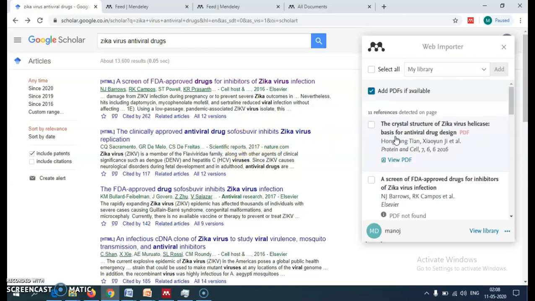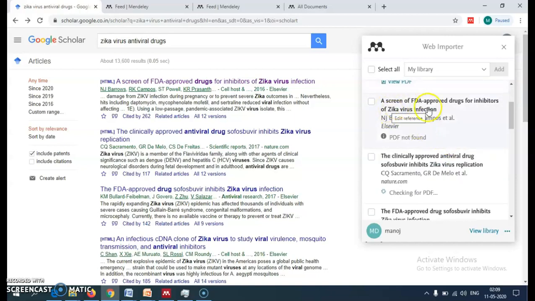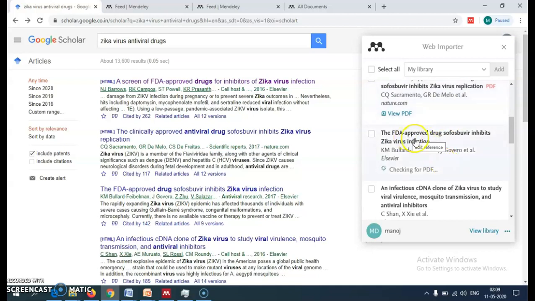See, these are the articles: crystal structure of Zika virus helicase basis on antiviral drug design. Then clinically approved antiviral drugs, FDA approved sofosbuvir inhibitor of Zika virus.